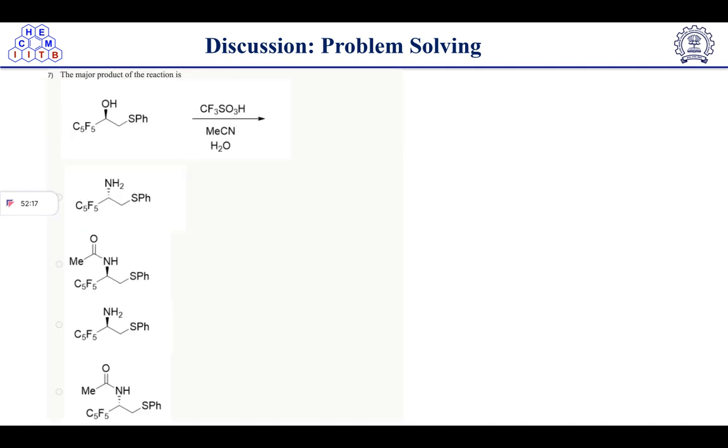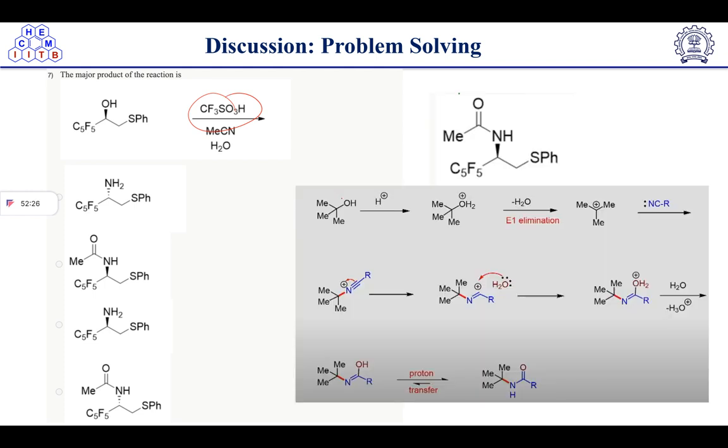So the next one is: the major product of the reaction is? So in this case, we have acetonitrile. So here we can see that protonation will take place first with the alcohol. So here we have a secondary alcohol. Here protonation will take place, and H2O elimination will result in the formation of a carbocation. Then this carbocation will be trapped by this acetonitrile group. We'll write here